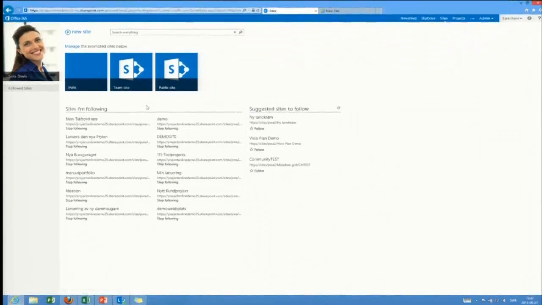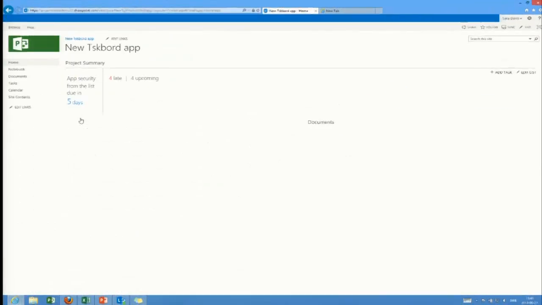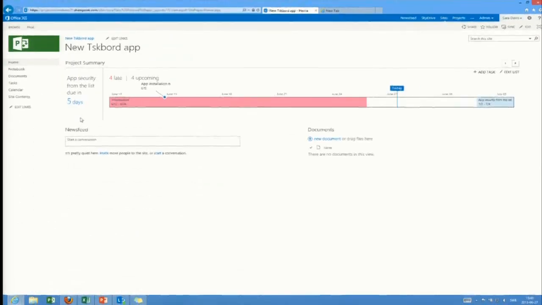So, just a few notes again. There's also a good place, because I forgot to mention this: on the sites page that you have there, all the sites that I'm following or that I'm a member of are also showing. So it's a very good place to go to when it comes to sites and project sites. Clicking the new TechEd app site,